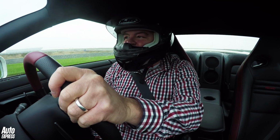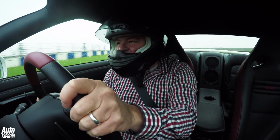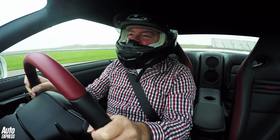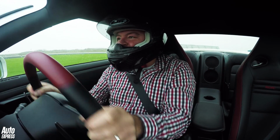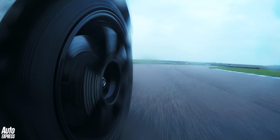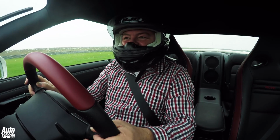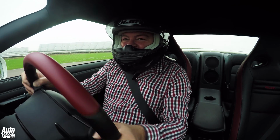Right, unfortunately, I've just climbed into the GT-R to see if it's going to go quicker than the GT3, and the heavens have opened. The GT-R is four-wheel drive, and you'd think that should give it more traction, more grip, more of everything in conditions like this. But the trouble is the tyres that the Track Edition GT-R wears. They're Dunlop's equivalent of basically the cup tyre that's on the Porsche. They're almost a kind of a slick with a few grooves in it,